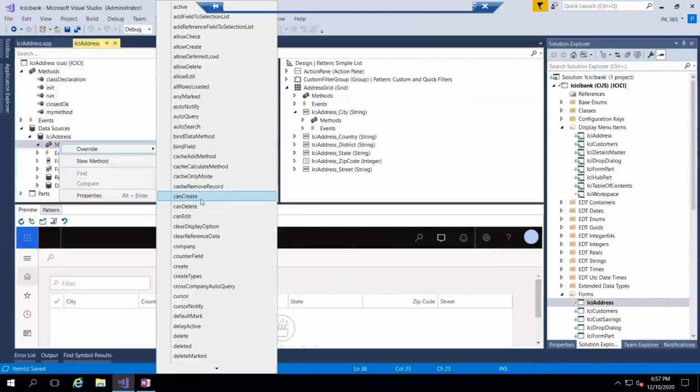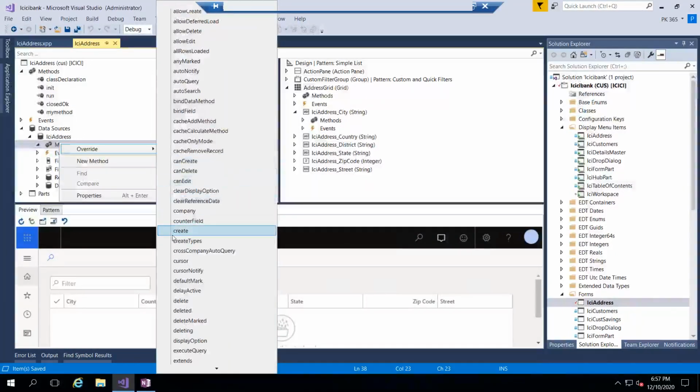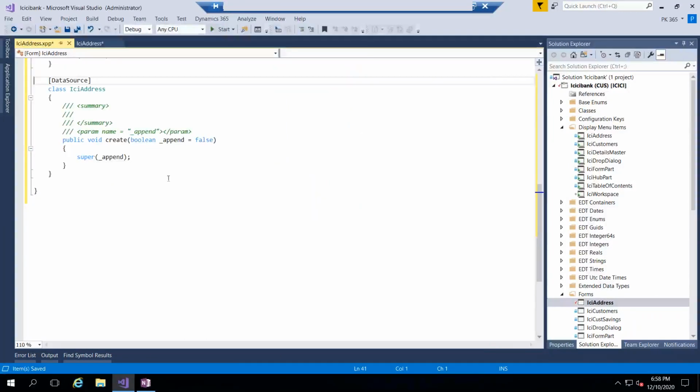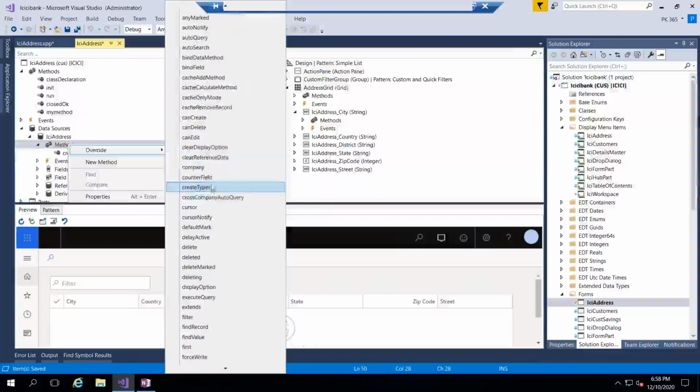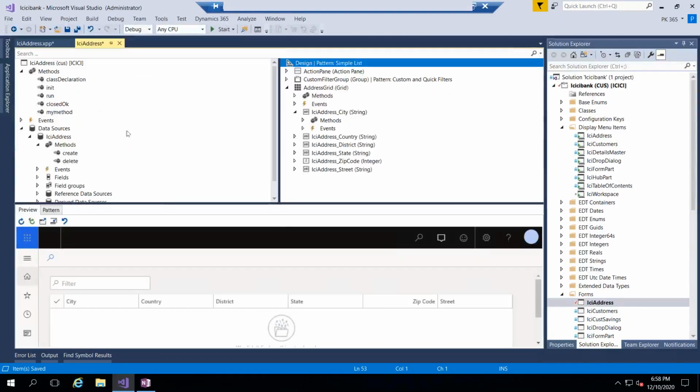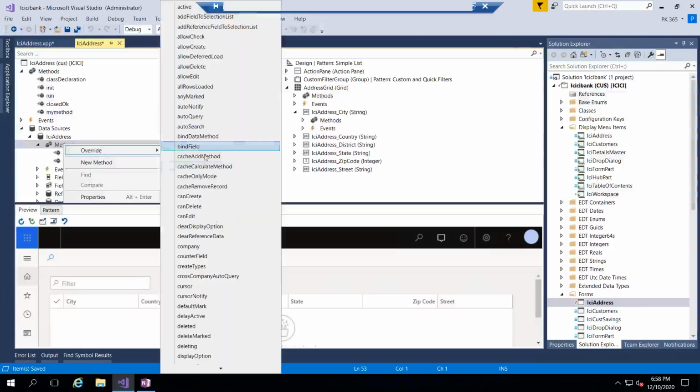You have a method called can create, can delete. If you want to allow the user to create the record or not, or delete the record or not, based on that we will use these. We have the create method for creation of the record, and then let me override a few of them. Override. You can see a method called delete, and then let me override, you will see a method called